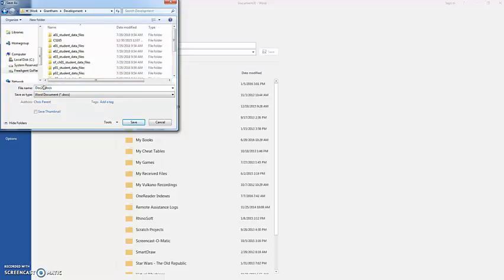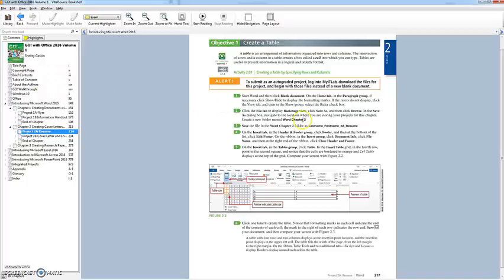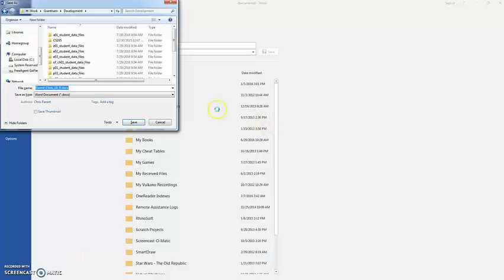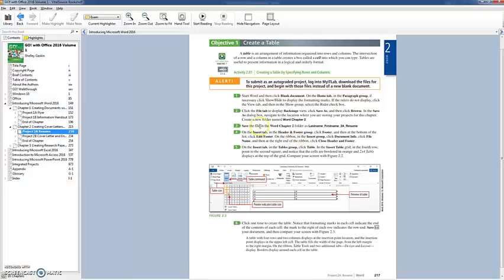Okay, last name. Well, actually, I'll use my actual information. 2A. And the name was to be resume. Okay. So, now that we've saved the file, move to step 4, and we're going to go to the Insert